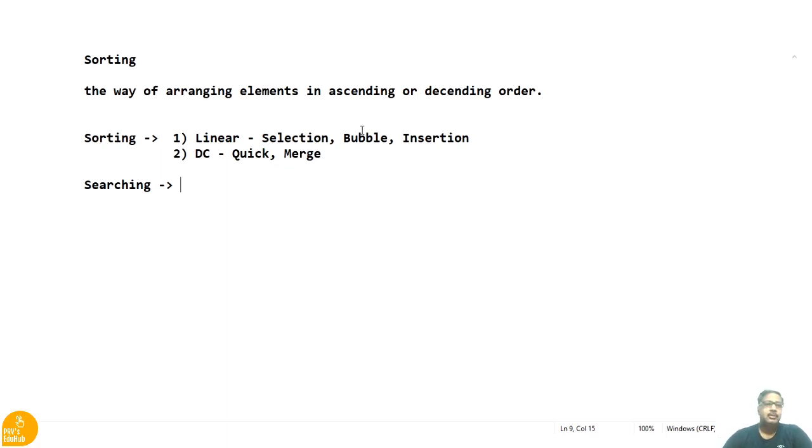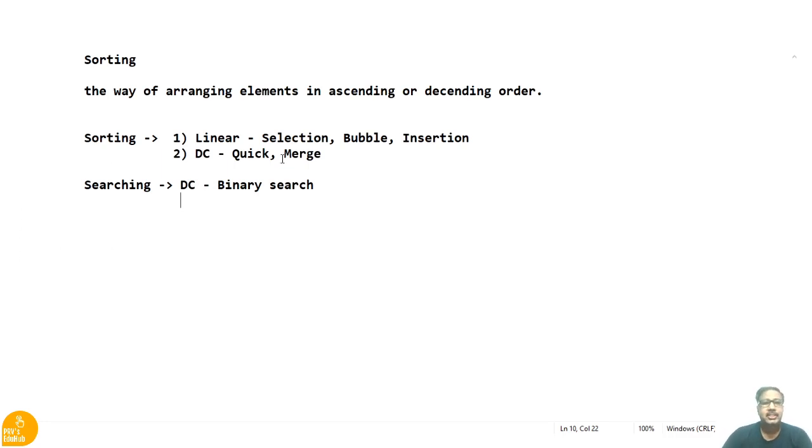So sorting is the first step that we should learn. Then we can move on to searching. In searching, various searching techniques are there. Divide and conquer methods are there, like binary search. And there exist some other searching techniques in a linear fashion also, such as interpolation search, and some other searching techniques are also there. We are going to see these searching techniques once we study the sorting techniques.